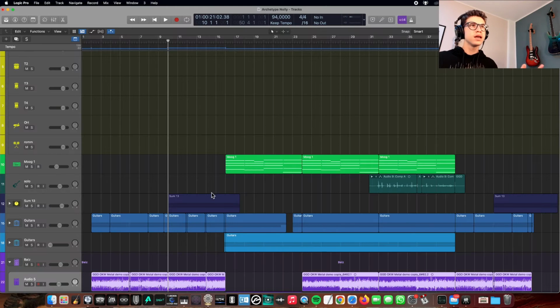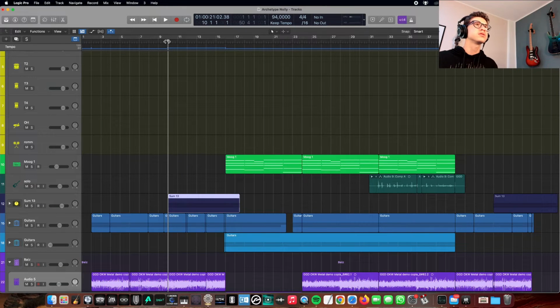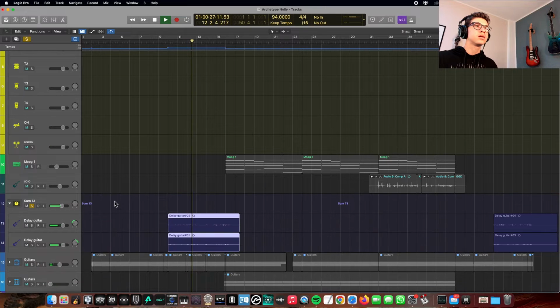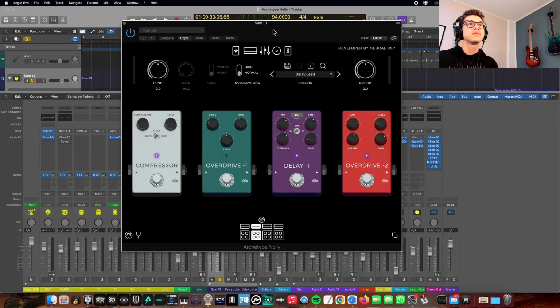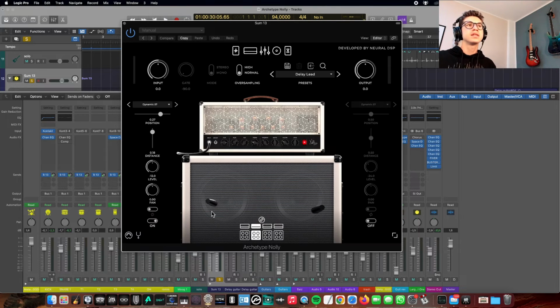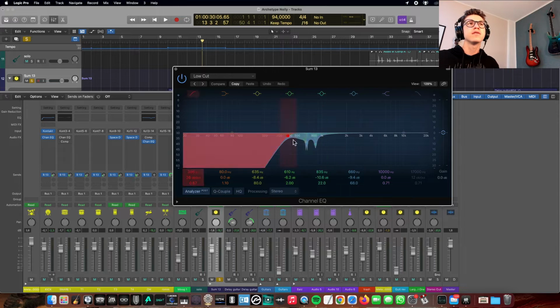Then we also have some layered guitars like these ones in this section here. This is the preset I'm using for this tone. A bit of compression, delay 1, which is in front of the amplifier so the repetitions will get distorted and saturated. I'm using the second amp, which is, I think, a Marshall style amp. And I am using the same cab as before,